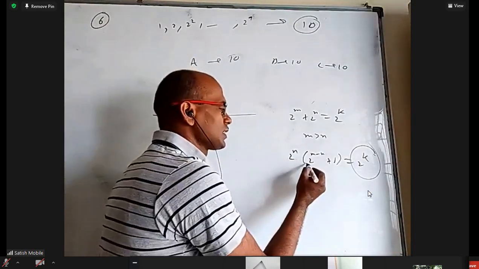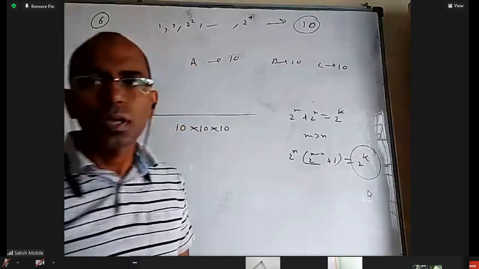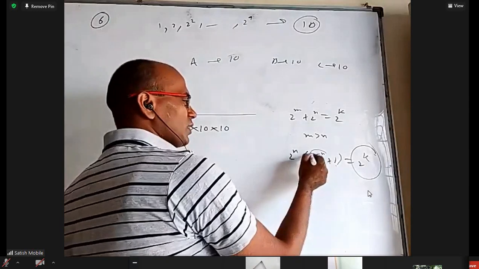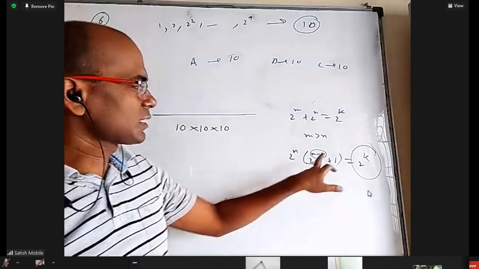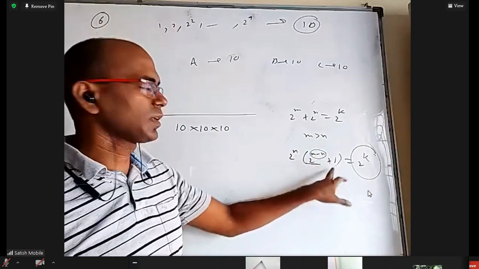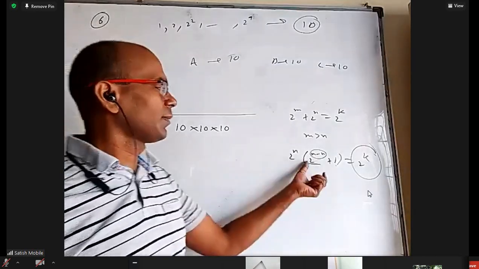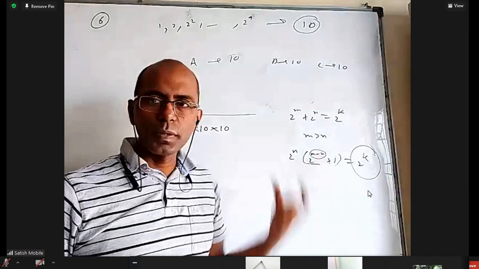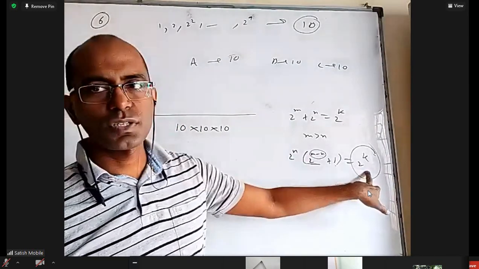But when you divide this by 2, the remainder will be 1. How can it be divisible by 2? Unless there is only one chance, and this power is 0. Only when this power is 0, 2 power 0 will be 1, 1 plus 1 will be 2. If you take anything else, it will be 2 square, 2 power 1, 2 cube, plus 1. So this will not be divisible by 2, but there is no such divisor on the right side.